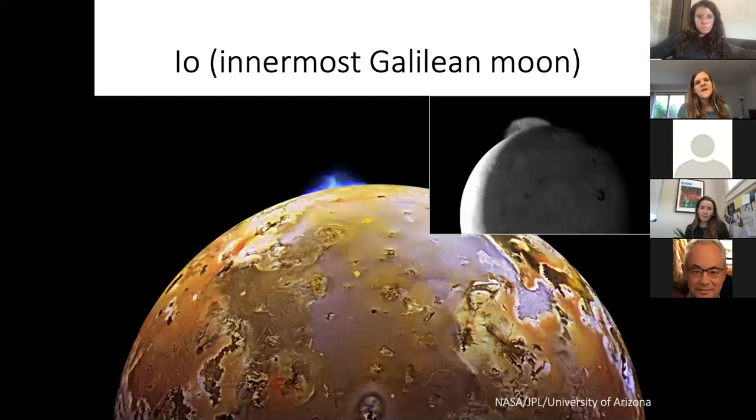And so to do that, I sometimes like to point towards one of the best examples of tidal heating that we know of. So this is Io, the innermost moon of the Galilean satellites around Jupiter. And it's the most geologically active body in our solar system due to the really immense amount of tidal heating